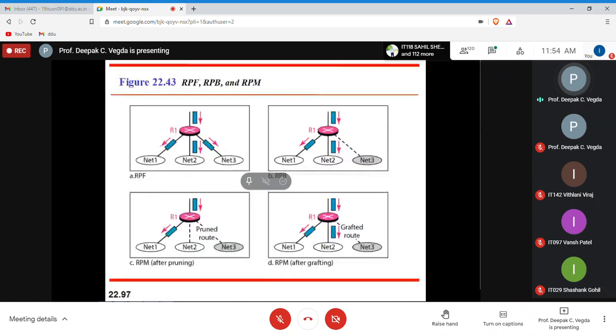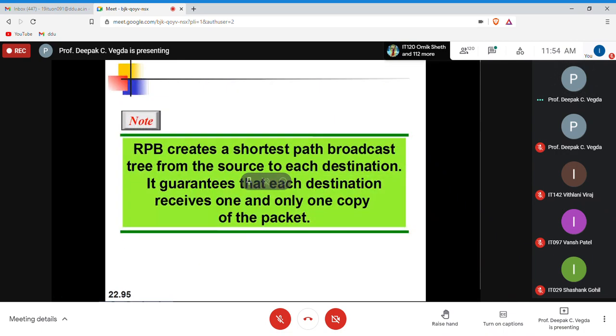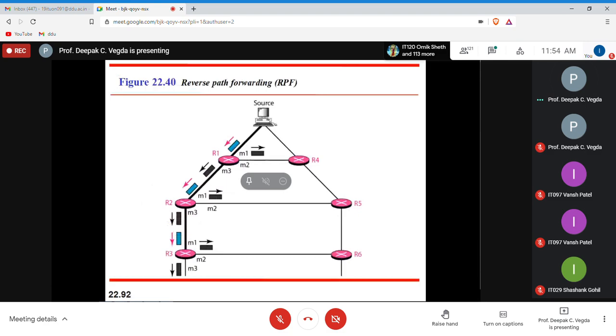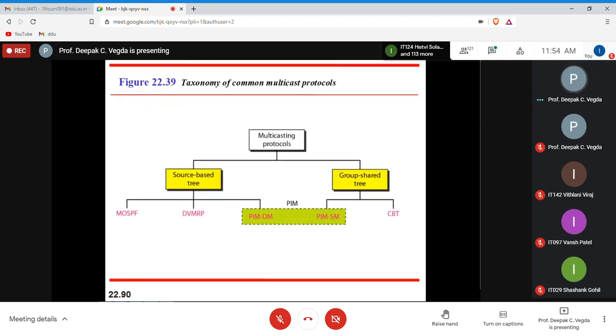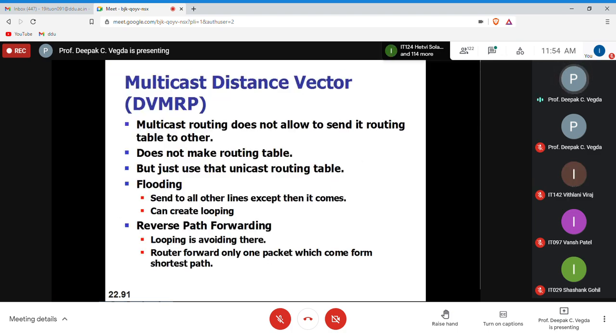If you know how multicast routing works, then it's okay, right? I don't know whether it is there in much detail in your syllabus or not. It is not actually in much detail, but because the things were there in the presentation, I just added it. Now, for multicast routing, the distance vector routing protocol, the same thing we are using here.